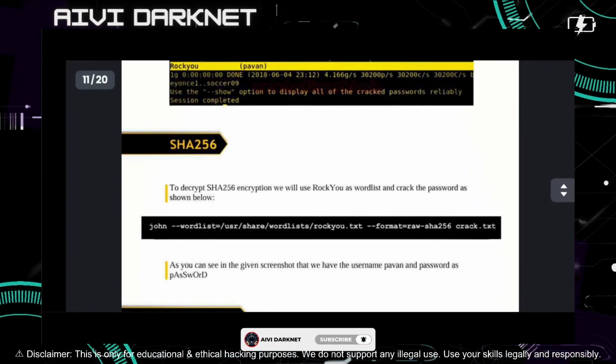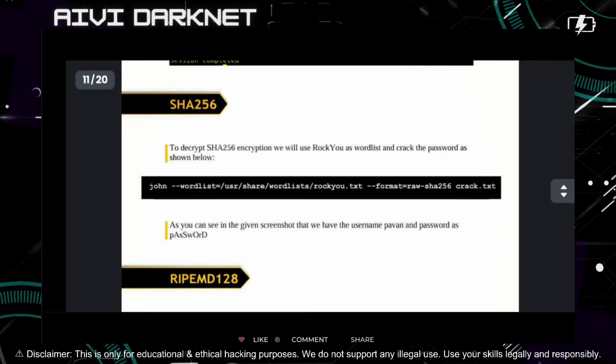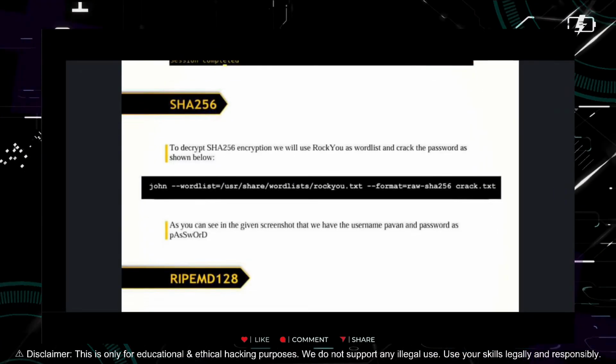Now the next one is SHA256. To decrypt SHA256 encryption, we will use RawQ as